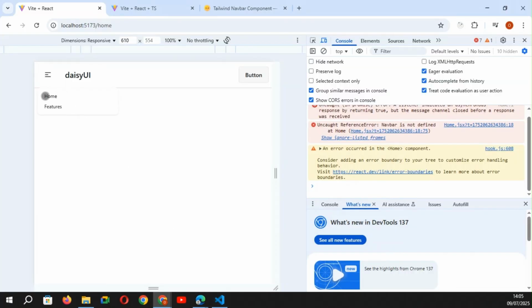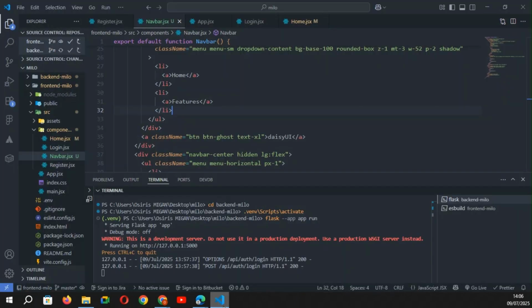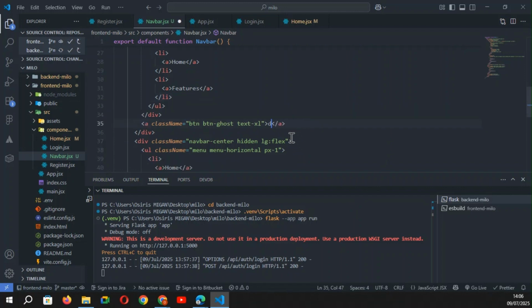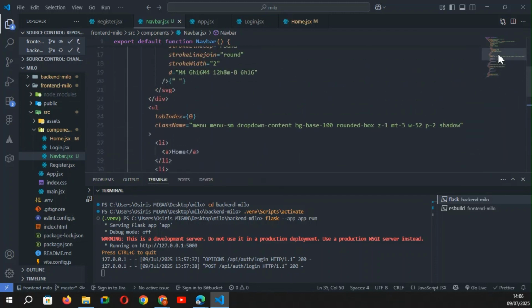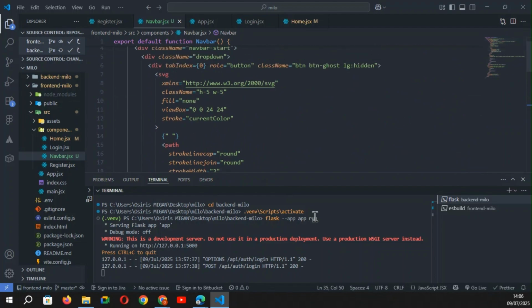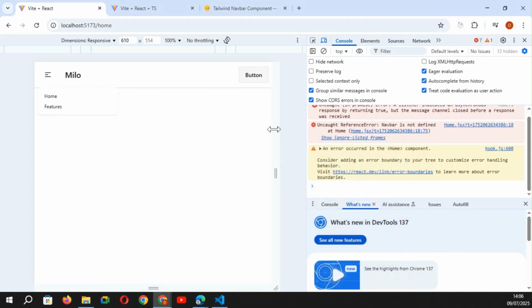Okay, and now on mobile device I have my navbar link. Okay, so I can change the name base UI by the name of my application, Milo. So here, Milo. Okay, so Milo,